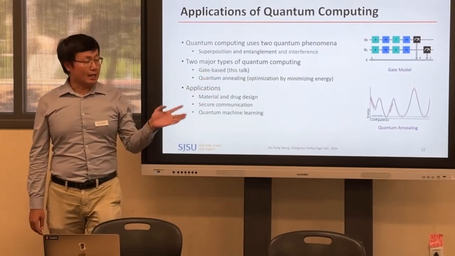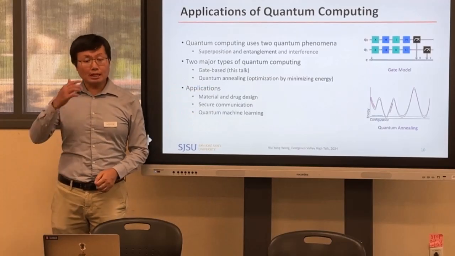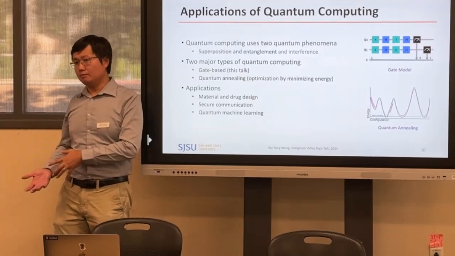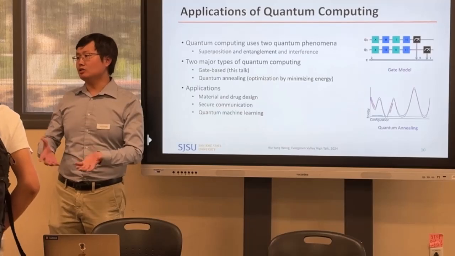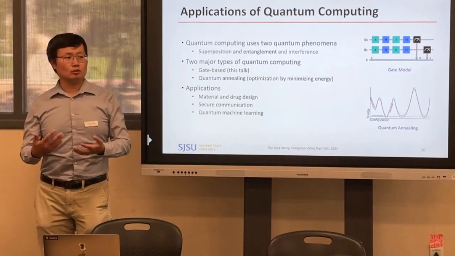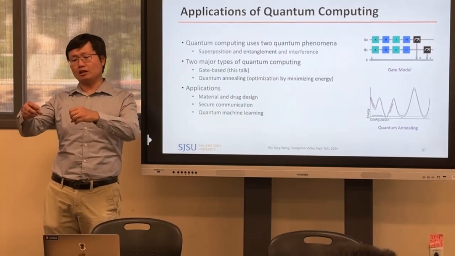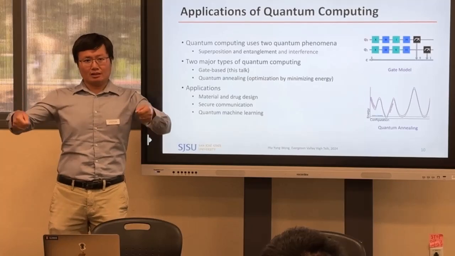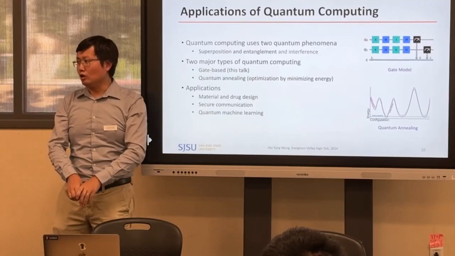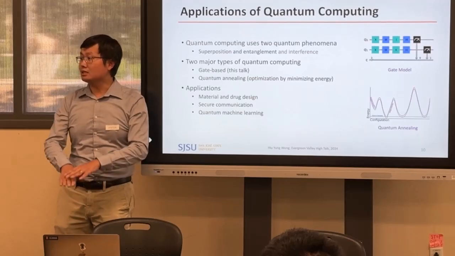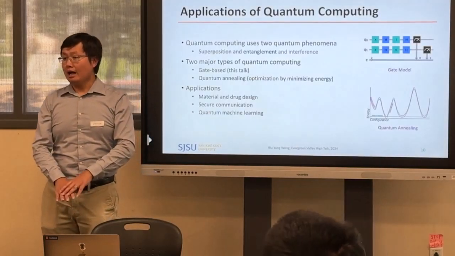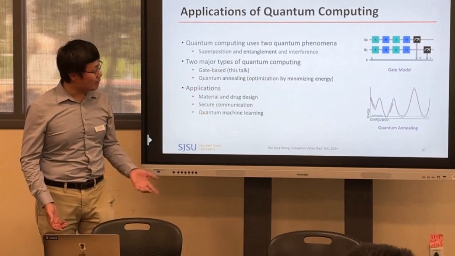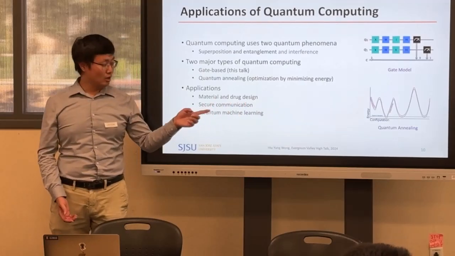Quantum annealing is another type of quantum computer, right? What they do is use some quantum mechanics to map to a real problem, and then you try to find the lowest energy of that system. One way to think about that is that you have a lot of balls on a landscape. They're everywhere. So you try to vibrate it so that eventually they all go to the lowest position. That is the minimal energy they can gain, right? And if you can map this physical problem to a real problem, what type of problem? For example, material and drug design, or